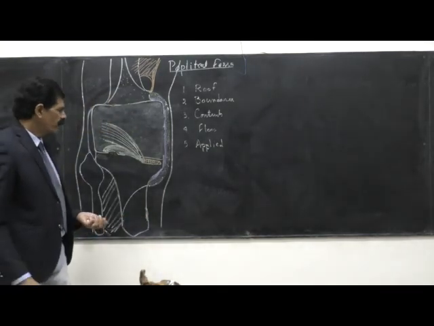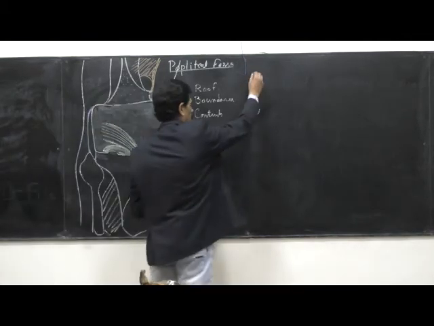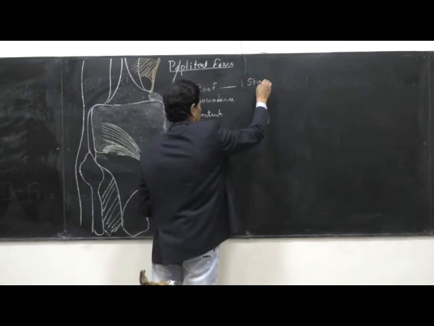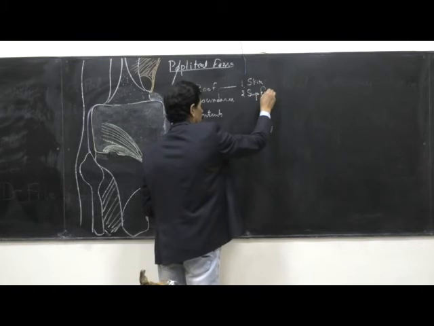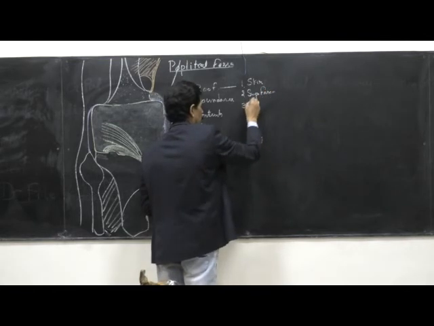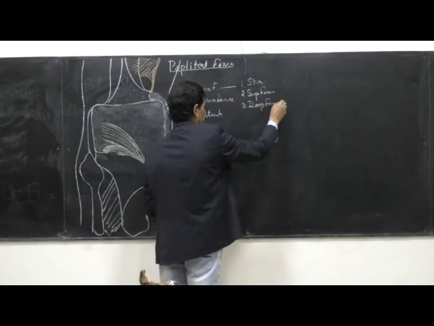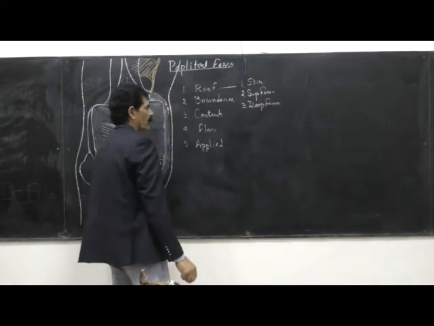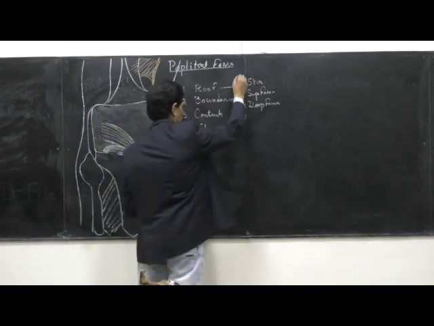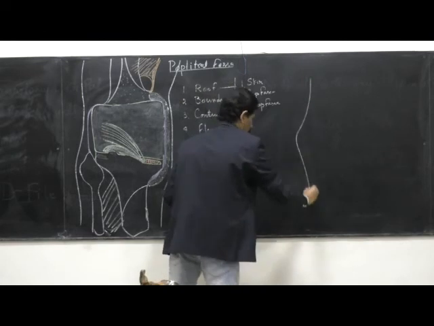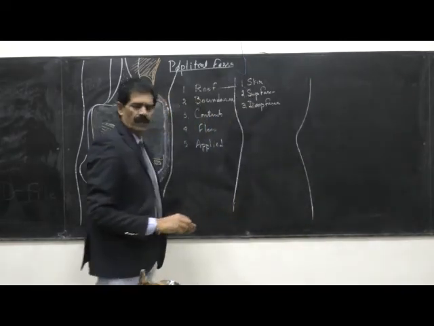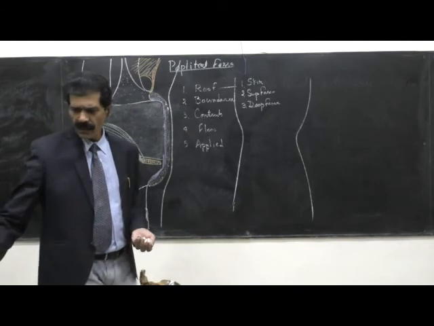So regarding the roof, it is formed by, number one, the skin, number two, the superficial fascia, and number three, the deep fascia. So in the back of the knee joint, the popliteal fossa is there. So in the dissection part,